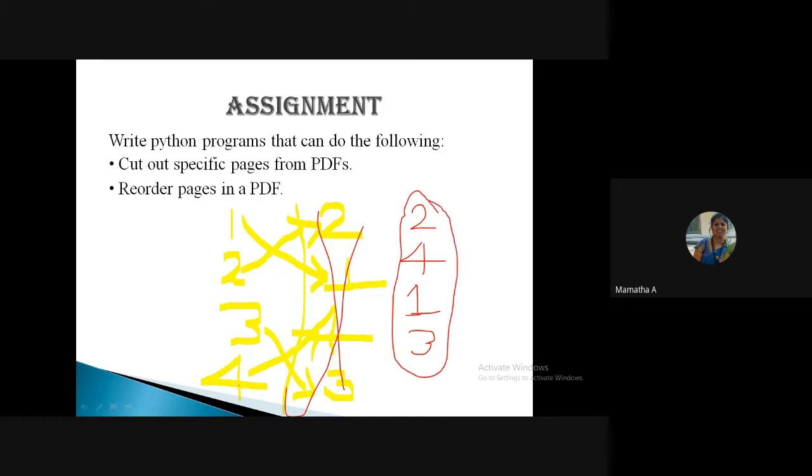Yes or no? Can you all try doing it? Yes or no, students? Yes, ma'am. Ma'am, can you please share the code of today's class? Yes, I will upload this. Oh, you want me to send the code, is it? Yes, I will post it in WhatsApp, or in Google Classroom under presentations.